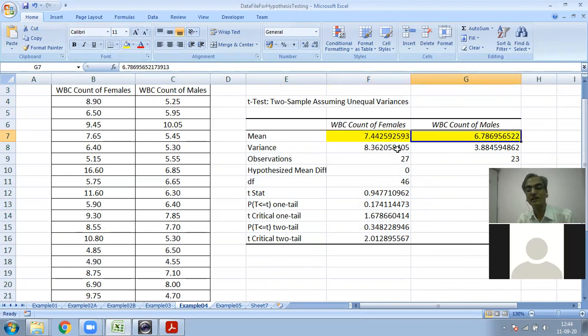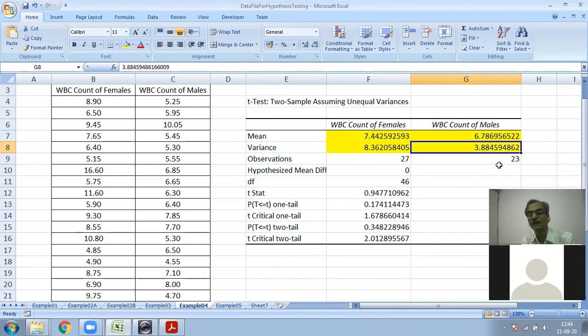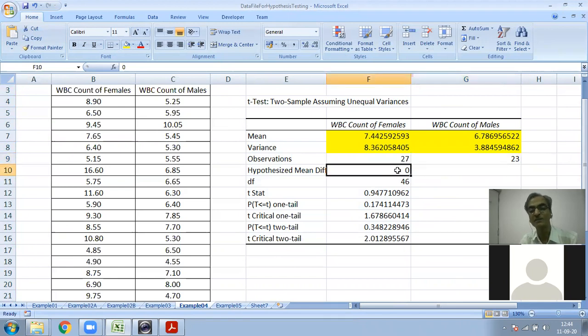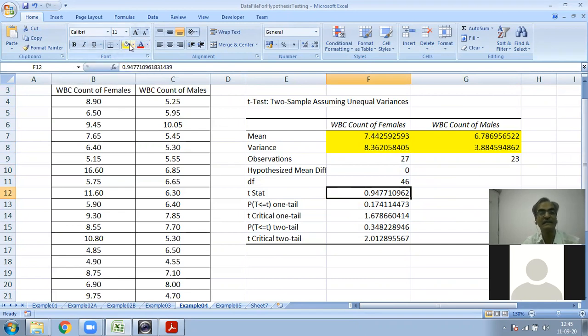This is the variance for female, this is the variance for male. In all there are 27 plus 23 observations, 27 for female and 23 for male, and the hypothesized mean difference is 0. This is the test statistic value, that is, the t statistic value.